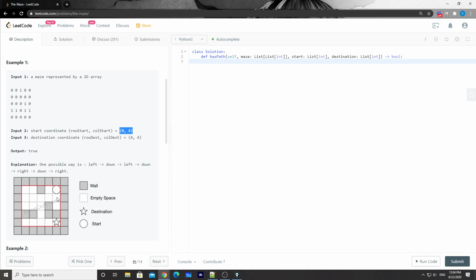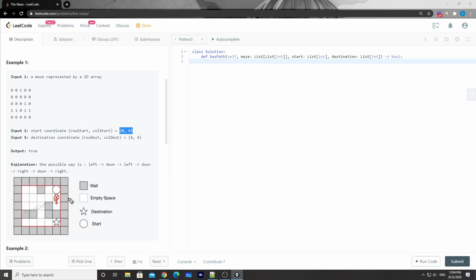For each of the neighbors we add, besides the coordinates x and y, we also need to add the current direction, right? Because let's say when the ball is at this node, if the direction is going down, then we don't have any other option but to keep going down.